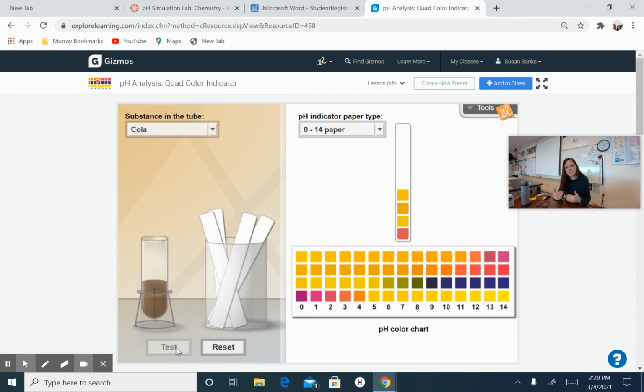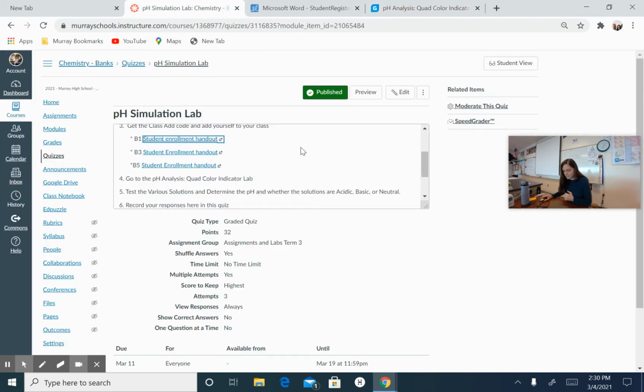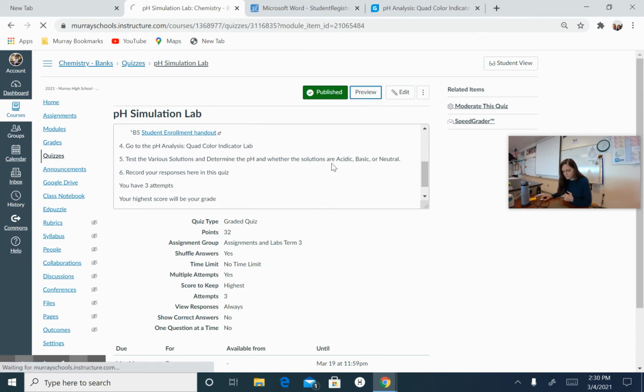So I want you to match the colors, determine the pH, then tell me if it's below 7, acidic, or 8 and above, basic, or 7 right on and neutral. Okay? And you'll see the table in your Canvas. Let me show you the table in the Canvas. So if I preview this,